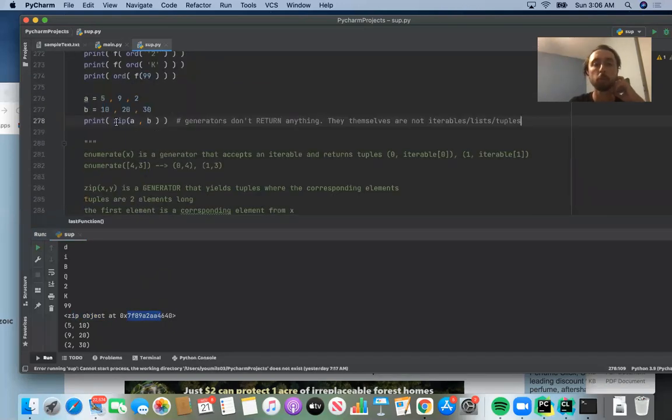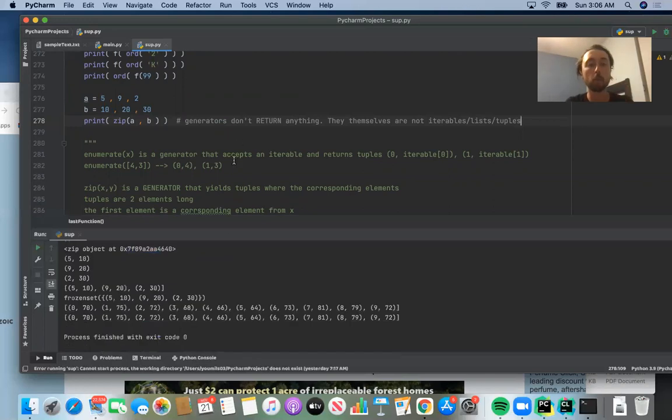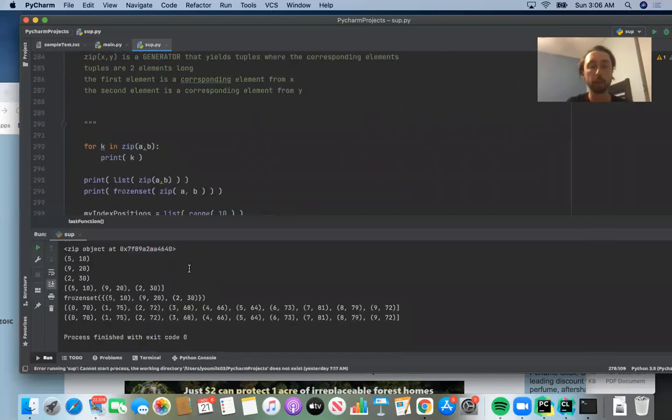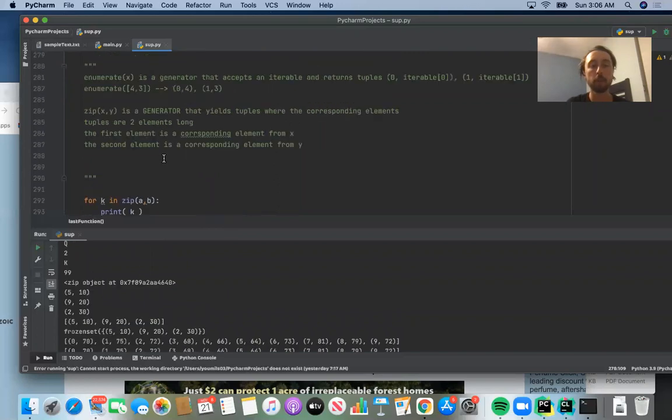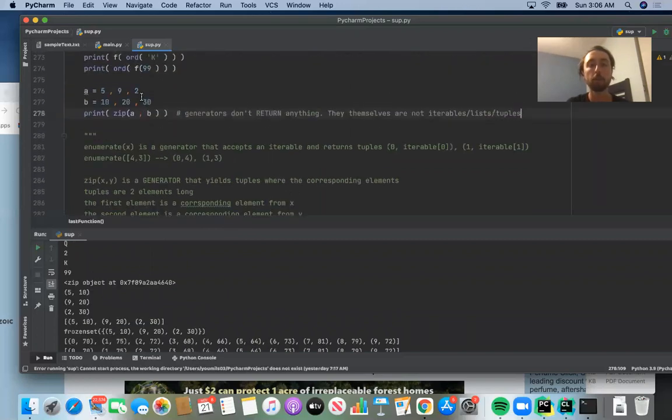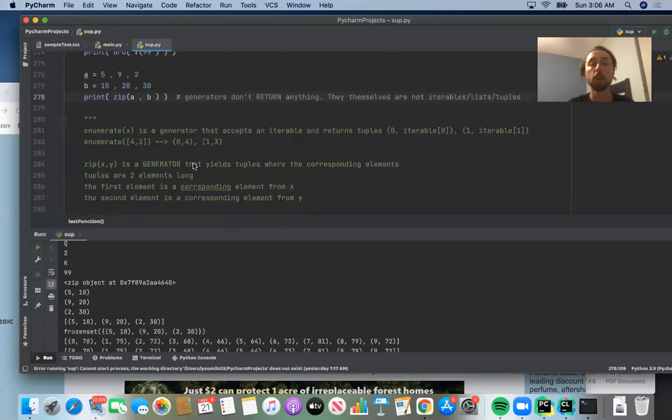So what we're gonna do is we're gonna say print zip of A, B, right? And we just get zip objects. But then what we're gonna do is we're gonna say for K in zip of A, B, print K, and that would basically give us 5, 10, 9, 20, 2, 30, right? It's like these corresponding matchups, right? The elements at index position 0 were 5 and 10. The elements at index position 1 were 9 and 20. The elements at index position 2 were 2 and 30, and that's why they get clumped together in these tuples,